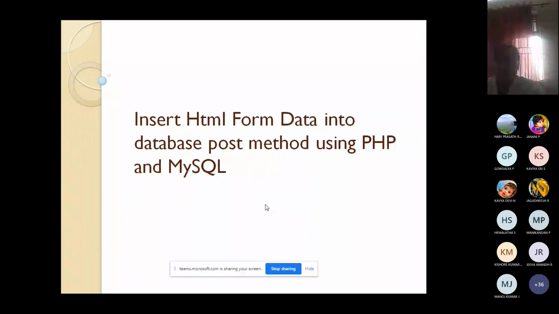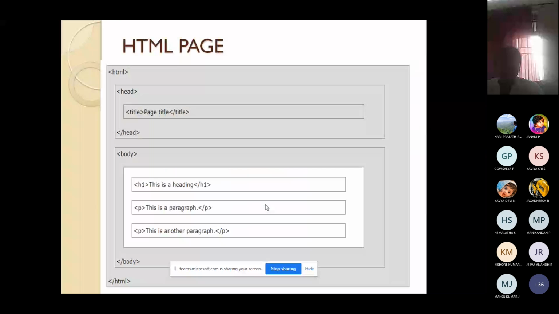In the XAMPP server, I'm going to add HTML code. I'm creating an HTML web page, and in that HTML page I'm going to add data, which is automatically stored in your XAMPP server. For that, I'm going to add a PHP code here. You know what HTML is: hypertext markup language. In this, a lot of tags are available.